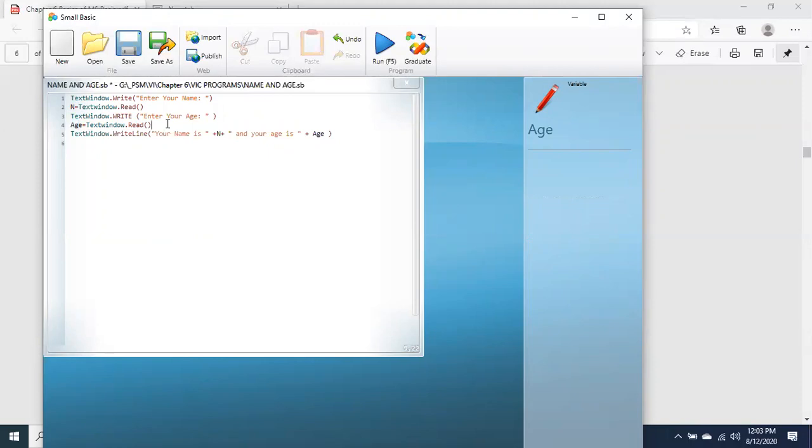And every time you can give some other age. When I run it the first time I gave 10, then I gave 11, then I gave 13. So different types of values are there that you can give, and each time the value can change, value can vary.